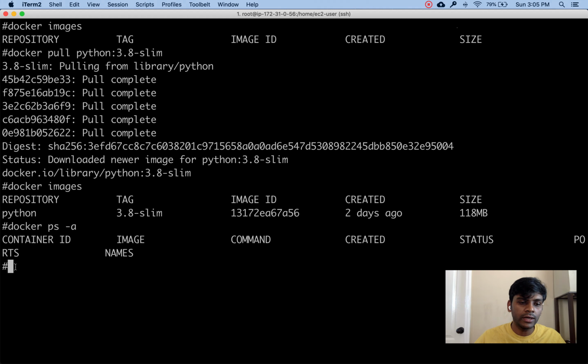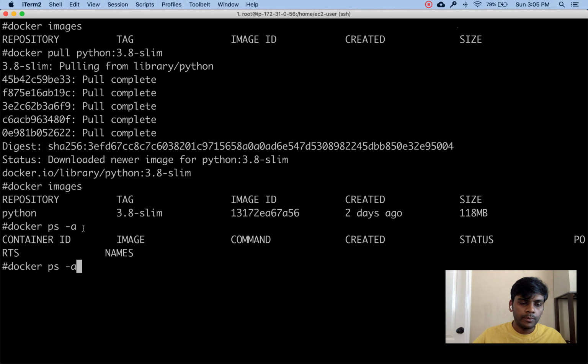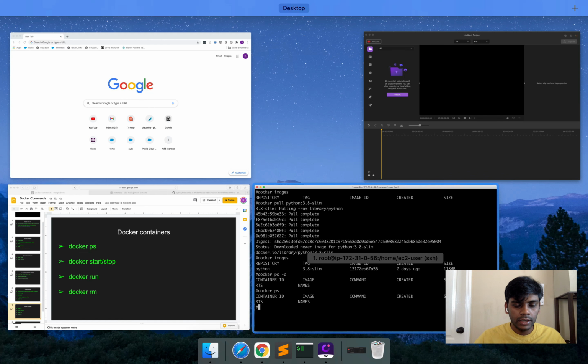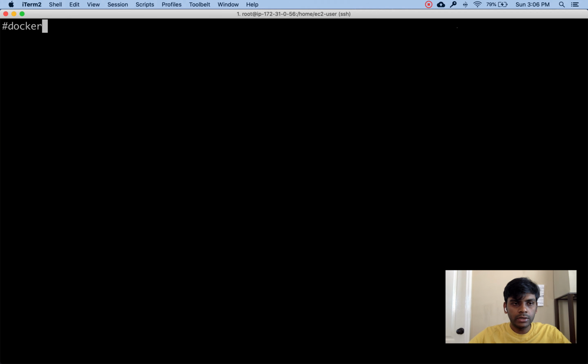So this -a will show if a container was created but was later stopped. That's why you need ps -a. If you just do ps, it will show the ones that are running. But anyway, in our case, both are returning nothing because we haven't created any containers. Let's actually start creating some containers. So let's do a docker run, and then